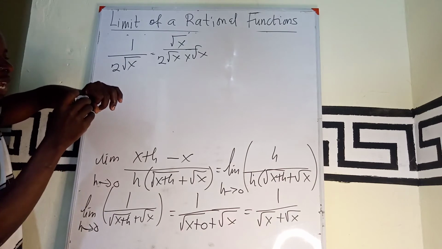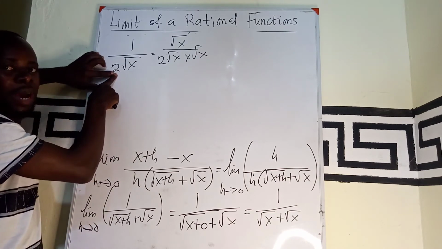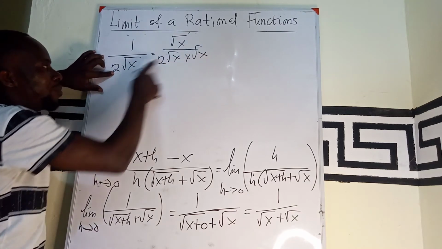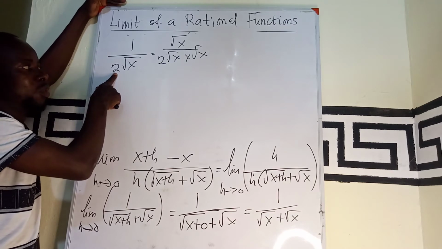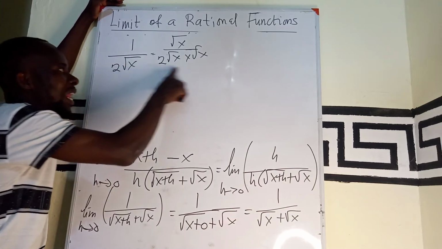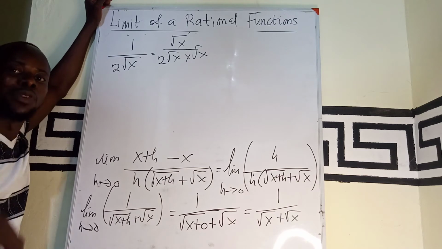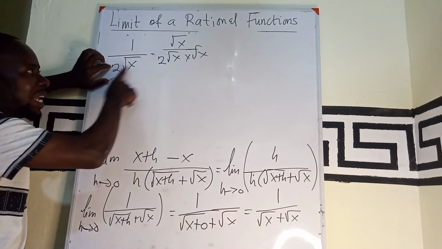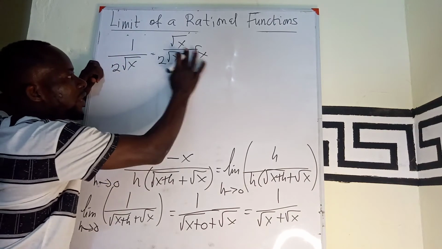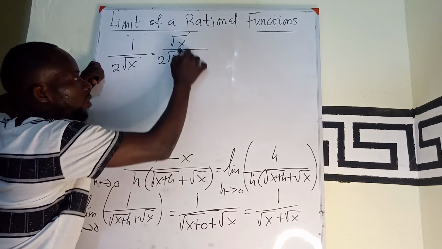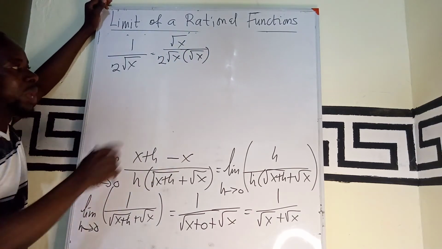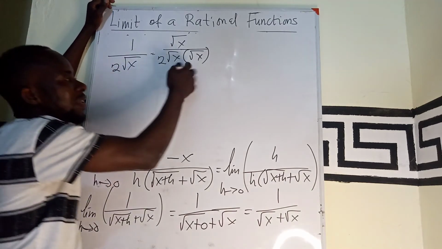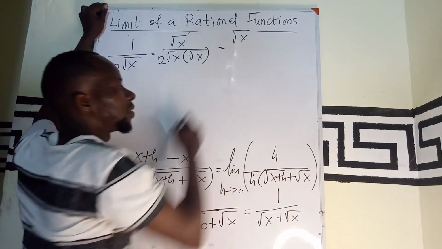We are rationalizing because we want our denominator to be a rational number. Since 2 is already a rational number, you leave it behind as we are seeing here. Let me use brackets so that the x will not resemble. We are maintaining the 2 because it's already rational. So in this case, we are going to have root x over